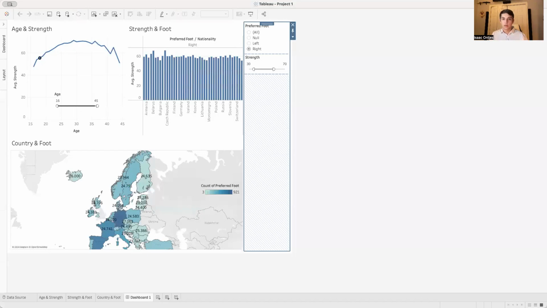All right. What I really wanted to focus on with my dashboard was the relationships between age, strength, and preferred foot. I also included some data from the countries in Europe where the players were from. On my dashboard, there are three different graphs. The first graph, labeled age and strength, in the top left, is the trend between age and